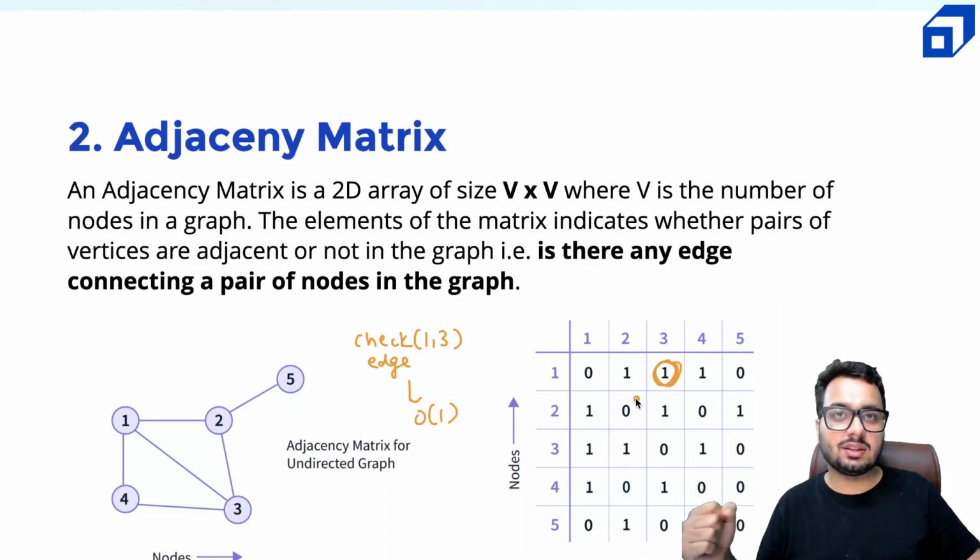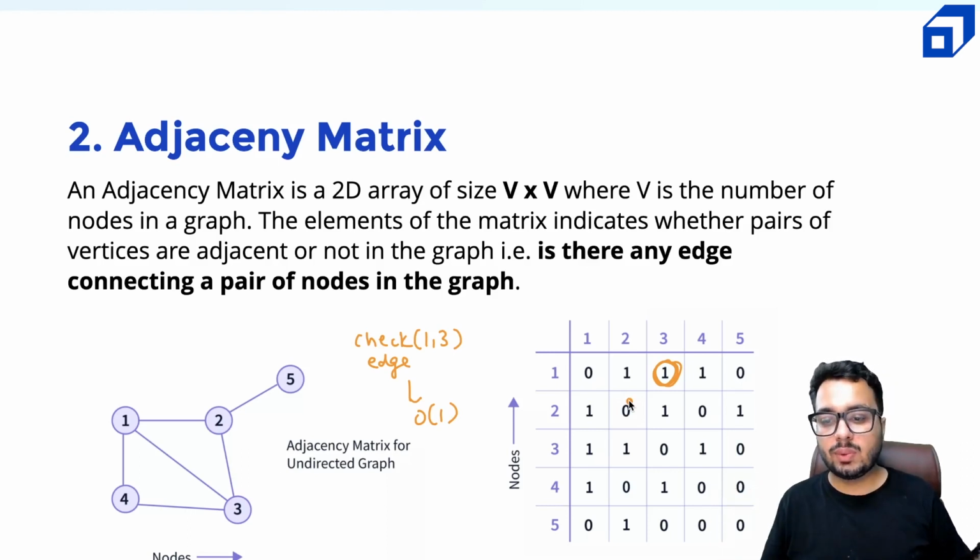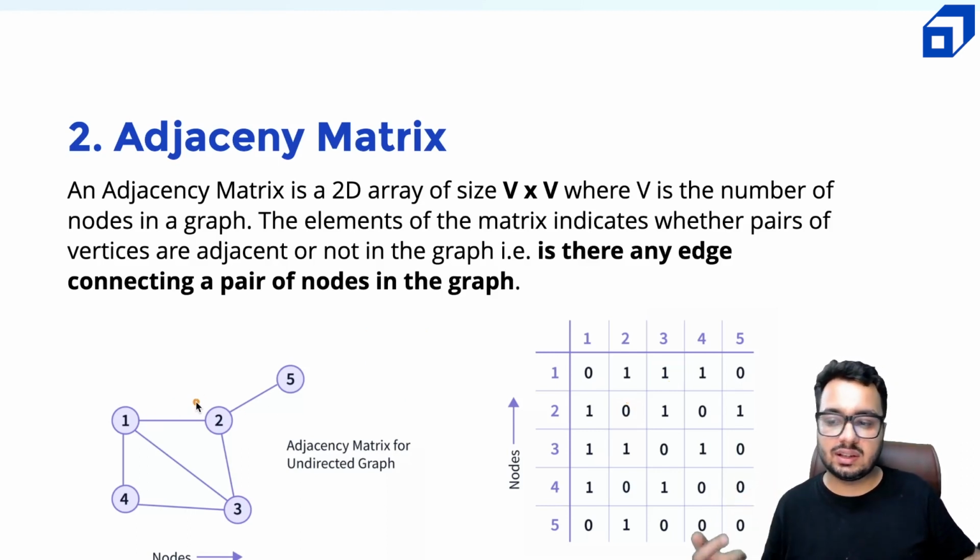So you can check yes, this value is 1. So that means I can figure out whether an edge is present between two nodes or not in just order 1 time, right? Now you might ask, what if the graph was a weighted graph? 1 comma 2 was having, let's say, w weight. So in such a scenario, instead of storing 0 or 1 here, you will store 0 followed by weight, right? 0 and weight. So 1 comma 2 has having w weight, so 2 comma 1 is also having w weight,